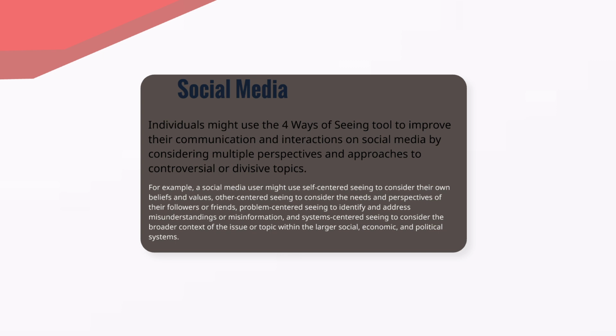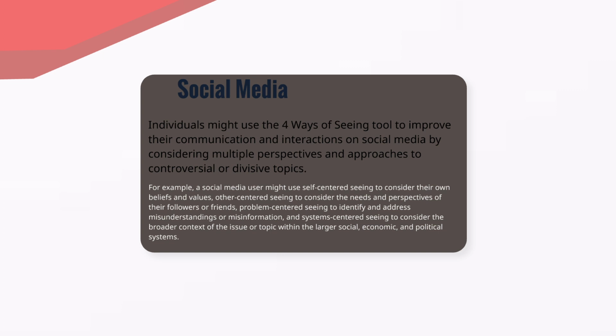is respectful and persuasive? They might use other-centered seeing to consider the needs and perspectives of their followers and friends. What is their audience looking for, and how can they communicate in a way that is helpful and informative? They might also use problem-centered seeing to identify and address misunderstandings or misinformation. What are the sources of confusion or disagreement, and how might they be addressed in a way that leads to